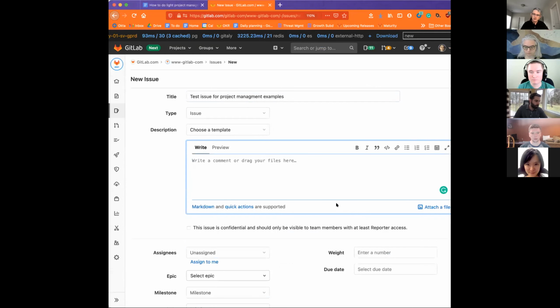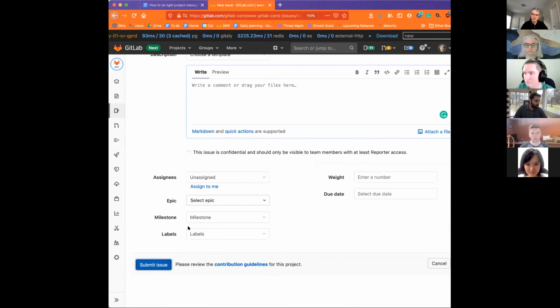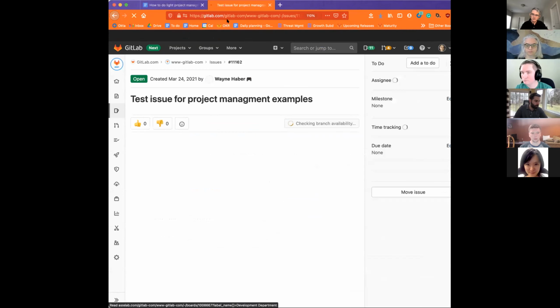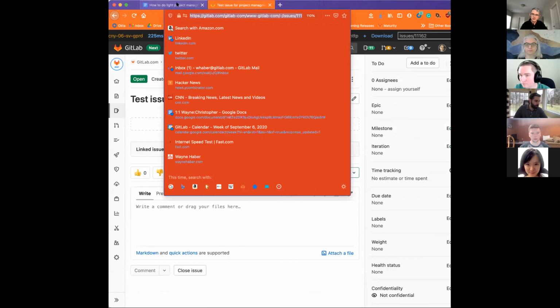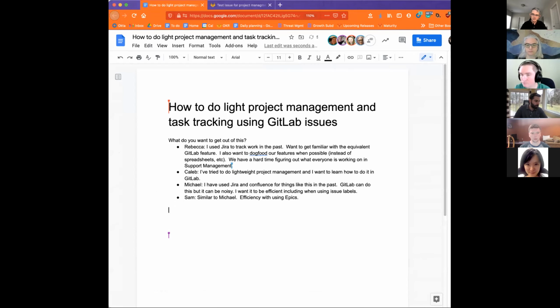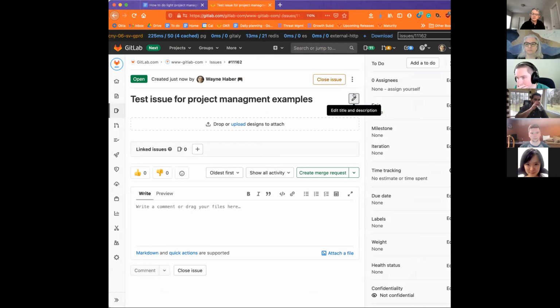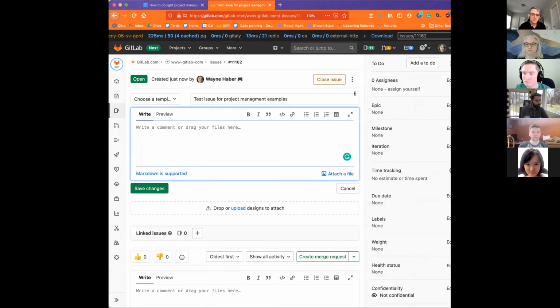So create this issue and submit it, and then put the link in the docs so we can see it. If I can do it in one issue, I will, which of course you can't always do things in one issue. So the first thing I'll do is,